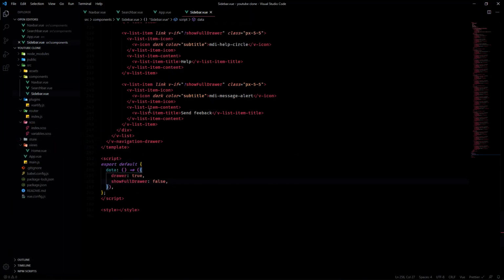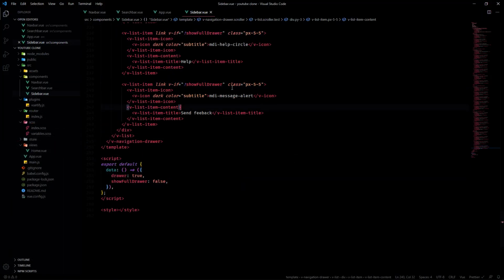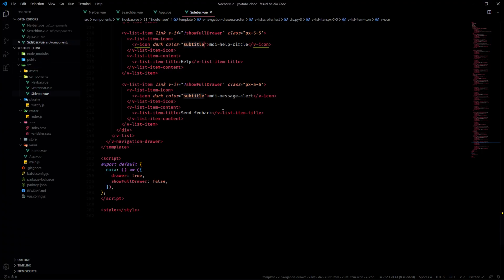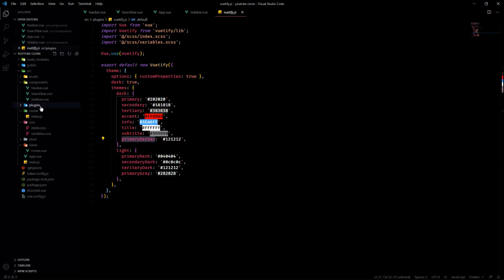But yeah, so basically clipped left puts it on the left, and then app helps with it as well. And basically all of these are just a v-list-item with padding to center it, then you've got an icon, mdi-message-alert, which is the name of the icon, color subtitle. So when you hover over it, the icon's color is subtitle, this one here. So if we go back to Vuetify, subtitle is this color here. I'm not sure why I call this subtitle, but anyways,